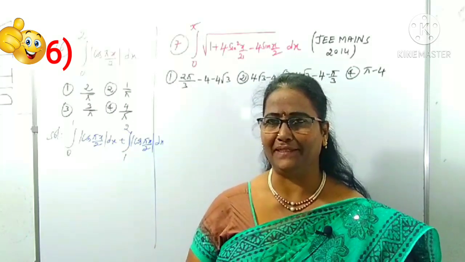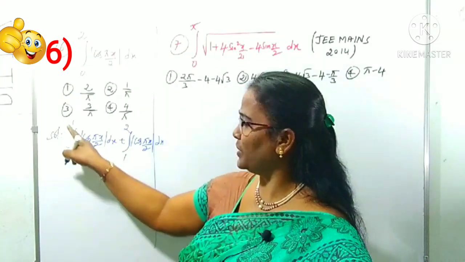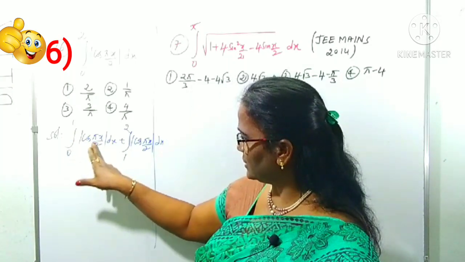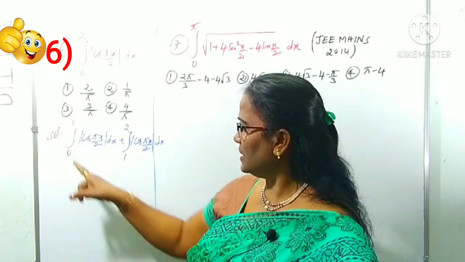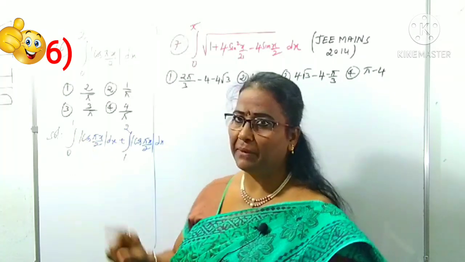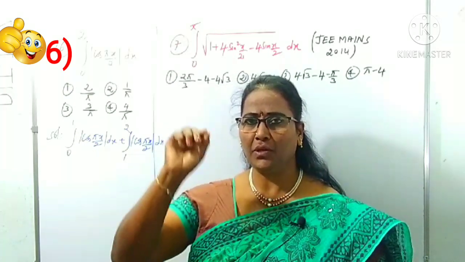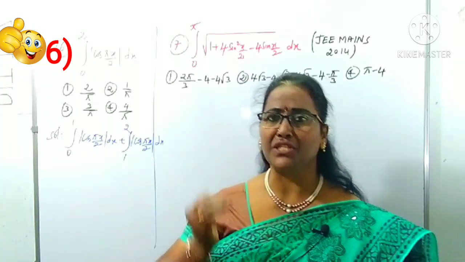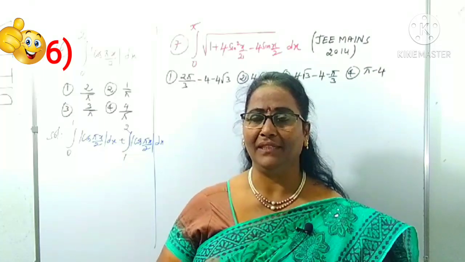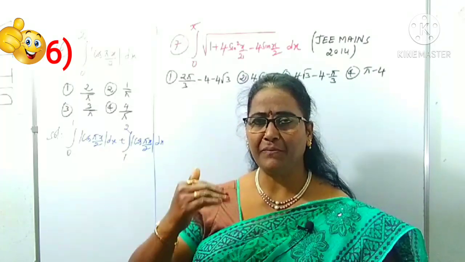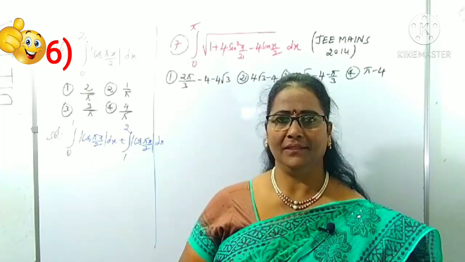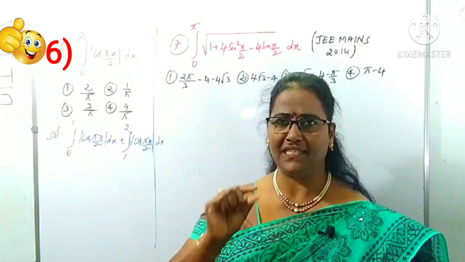Right? Like that we have to split. You know, 0 to 1, if you take the 0 to 1, what happened here? Suppose you can think x is 0, this is cos 0, x is 1, cos pi by 2. So cos 0 to cos pi by 2 means the cos function is from 0 to pi by 2 interval. You know, 0 to pi by 2 means which coordinate? It is clearly the first coordinate. Is it clear?